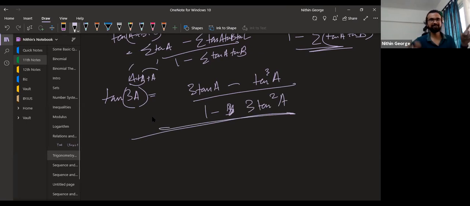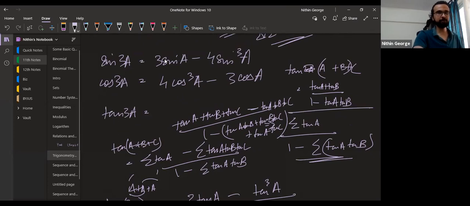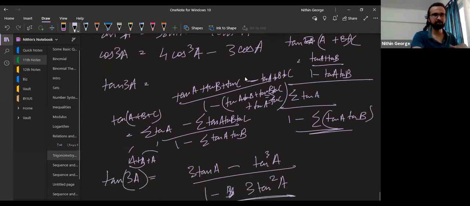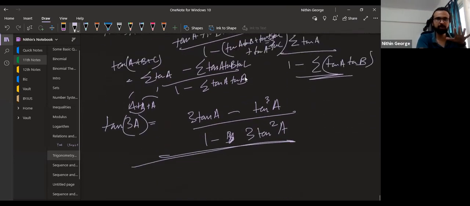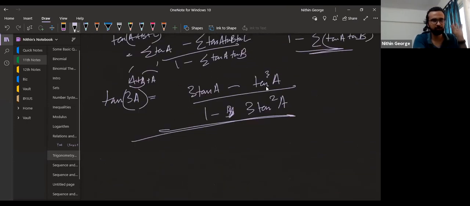Got it? You can simply divide both of them and make sure you convert everything into a tan term. That is also good enough. You will get a sec square term and all that you can balance. You can take care of it. But make sure it's all in tan, and then you'll get the same formula. But this is the formula I would like you to remember because you get where it's coming from. The applications are much more diverse.